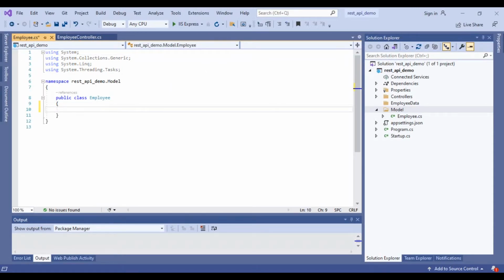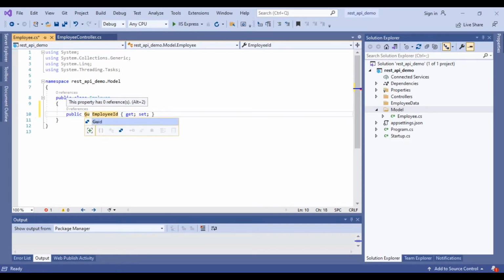In this class, we have two properties related to employee. The first one is employee ID. I will take it as a GUID. And the second one is